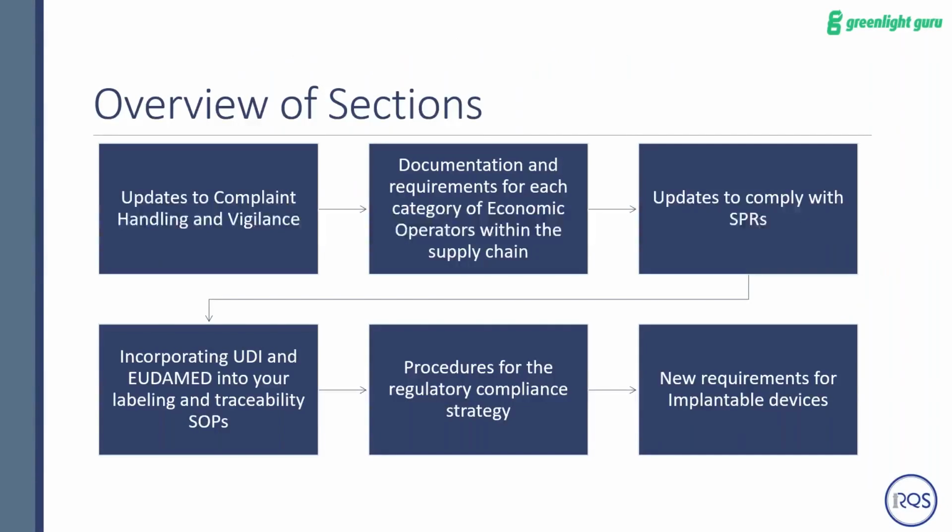Just a general overview of some of the sections we're going to cover. A lot of the stuff in the actual MDR standard jumps around a bit, so we're covering different sections. It's not in a specific order through the standard, but it is going through some of the things we highlighted ourselves as big changes and things that are going to require more time from your quality department. So we have updates to complaint handling, vigilance, and this is also post-market stuff as well. Documentation for economic operators. What exactly is an economic operator? We'll talk about that, as well as how that ties to supply chain.